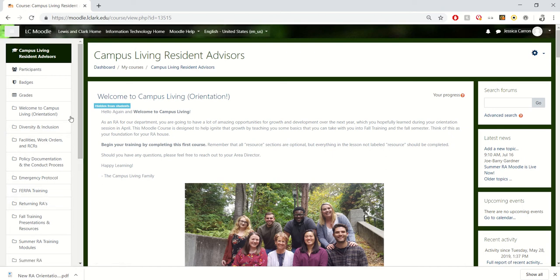New RAs, you'll have access to this from the beginning of July, so you have plenty of time to move through the motions here. The other side on the right hand, if we have any topics that we want to post, like JB posted something last July here, you were able to look at this. As you can see, Moodle went active July 19th based on what he posted, so you can click on that.